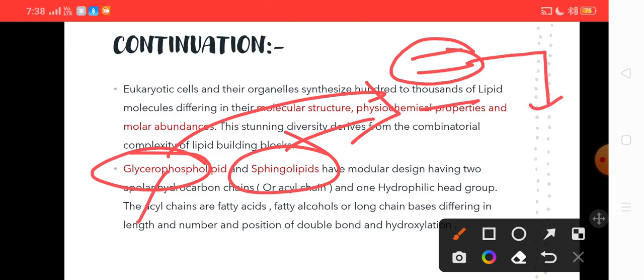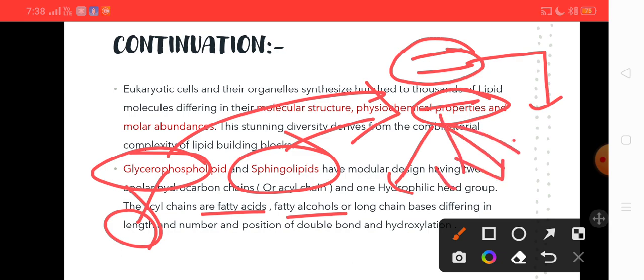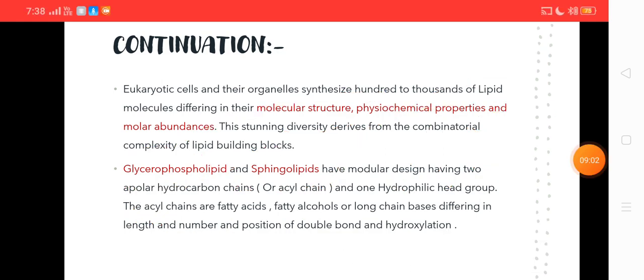They may be a fatty acid, they may be a fatty alcohol, or they may be long chain bases differing in their length as well as the number and position of double bonds and hydroxylation. Not only that, the hydrophilic head we have talked about has a variety of chemical structures. Okay, so you may understand how diverse lipid compositions are in eukaryotic cells as well as eukaryotic organelles,